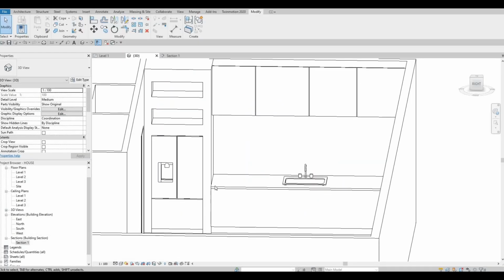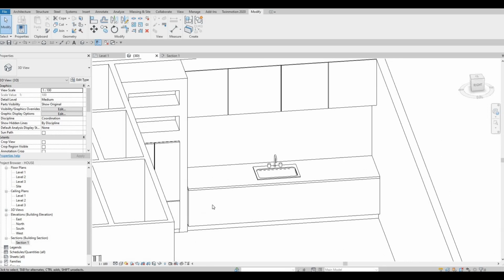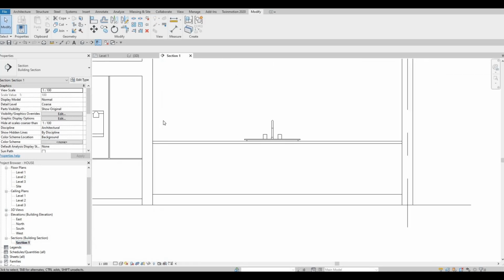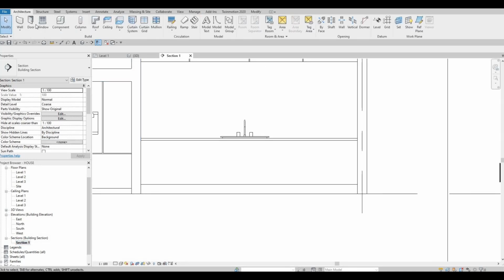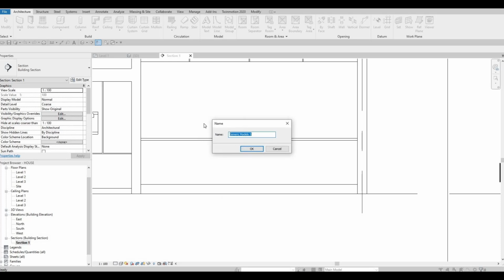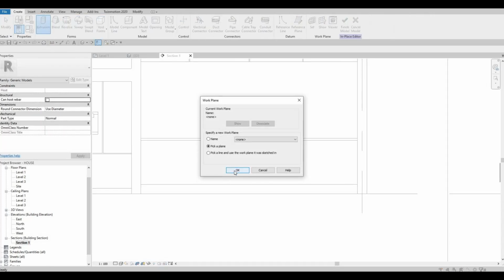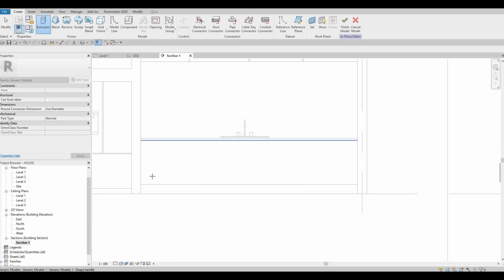So in the previous video, we started creating the kitchen. Now we're going to continue working on this, and then we're going to add the base cabinet as well. So let's continue by going to section, and then here we're going to use model in place again under architecture, and this will be another generic model, and then click extrusion. We will need to pick a plane, which is this one,